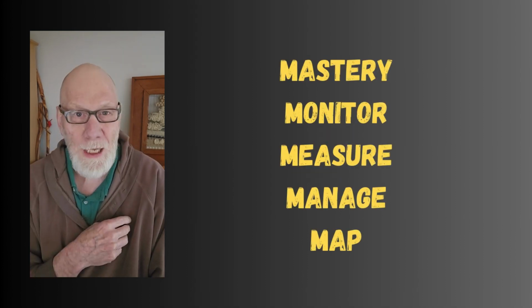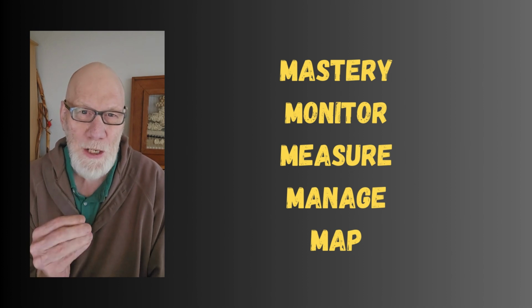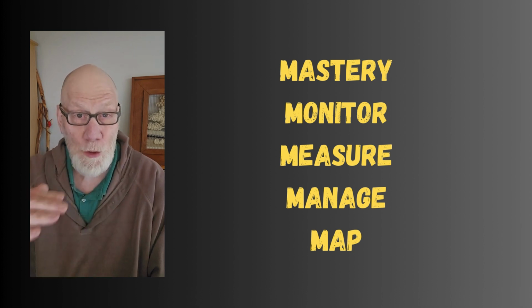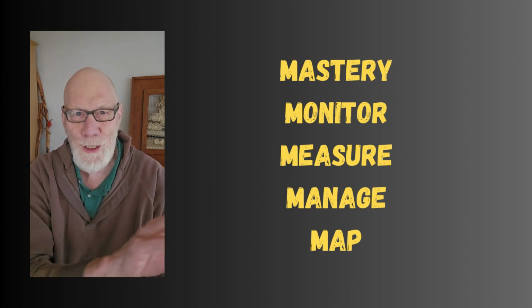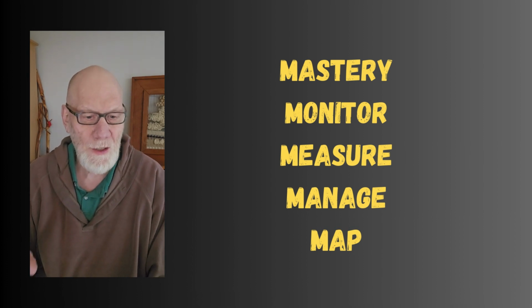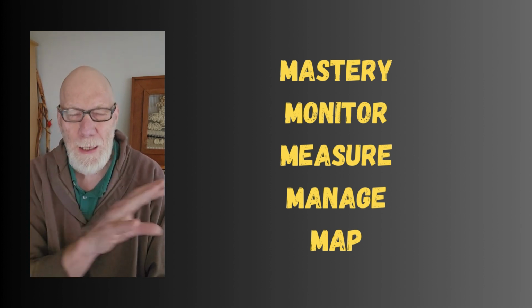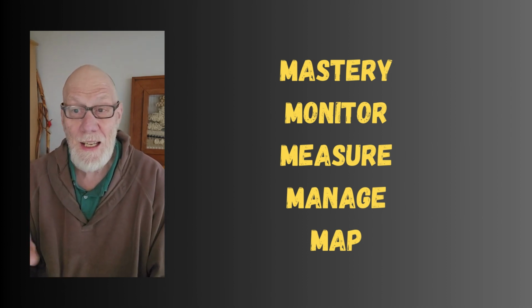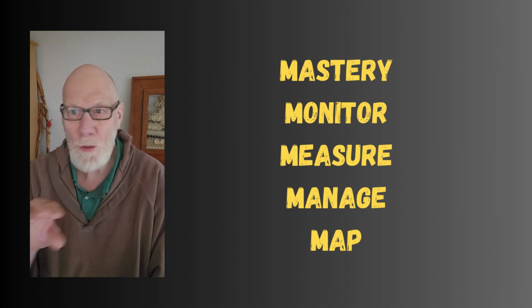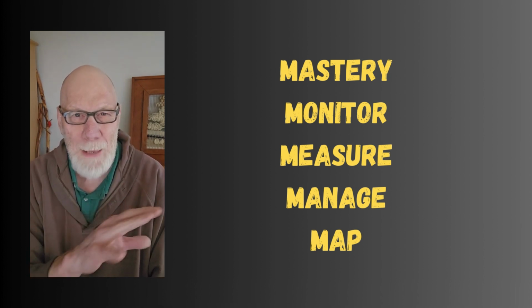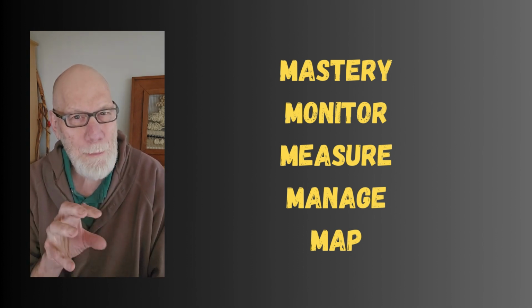Great story there. Now, when it comes to the 5 words starting with M, there is mastery, monitor, measure, manage, and map. And now I'm going to do it in reverse order. When I think about map, it's looking at the landscape and maple trees and looking at the maple forest, looking at that strength and endurance and unity of the forest as a way to think about mapping out that landscape. What is it that I see? Now, I can turn that attention to my legacy, the organization of work that I'm involved with or going to be involved with, whatever it might be, mapping it, using more of the diagrams and shapes and words, and being able to see what kind of story comes out of that map